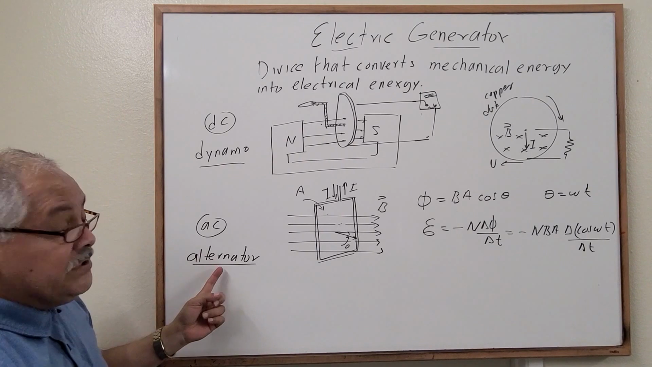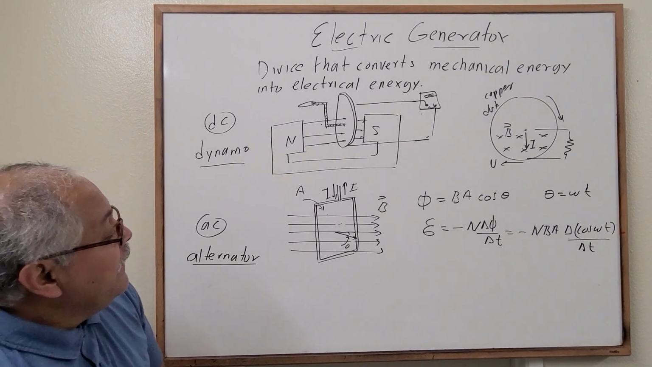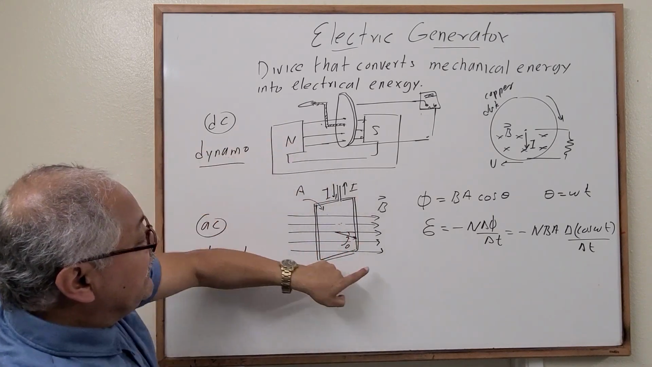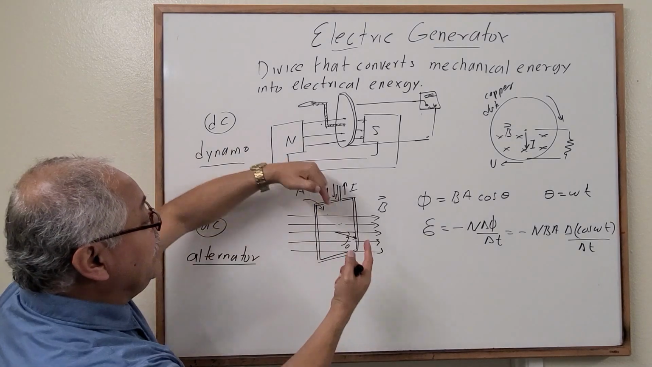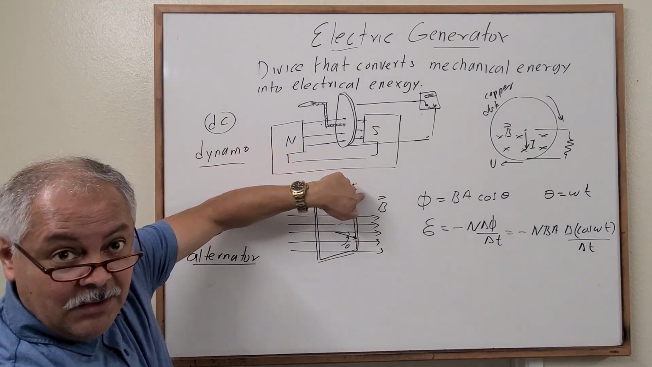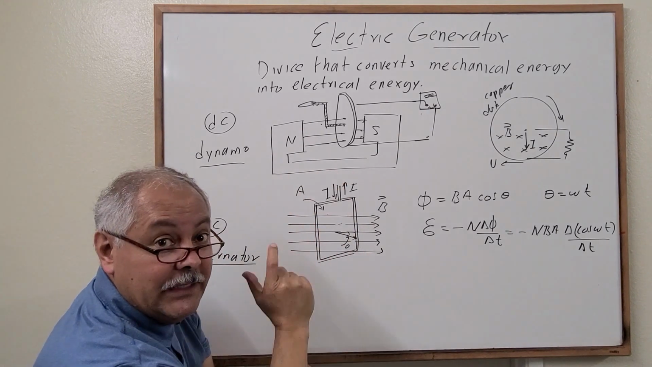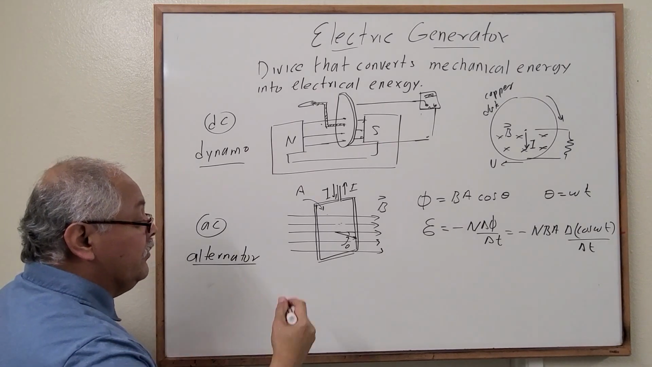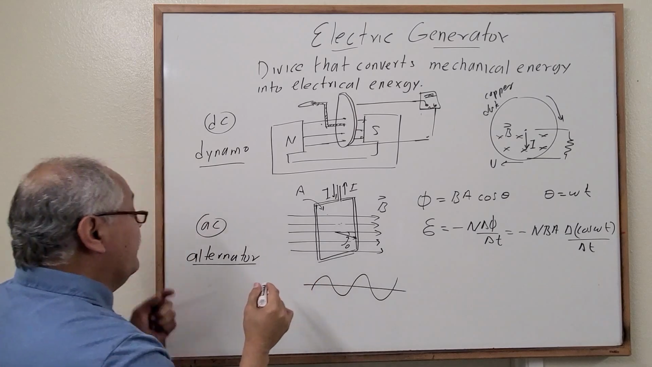What about the alternator? The alternator is a set of coils rotating inside of a magnetic field. When that happens, a current is created. But now this current goes up and down, or is oscillating. That's why it's alternating. The symbol for this is a wave. This is the symbol for a